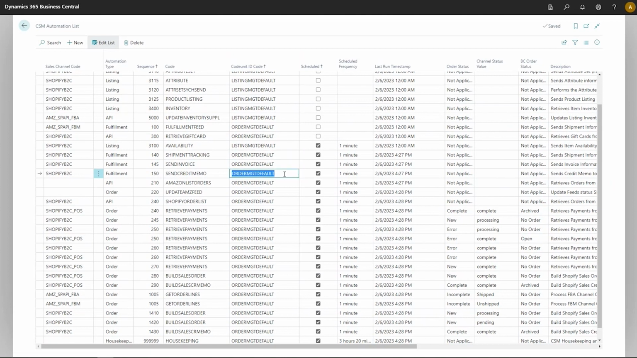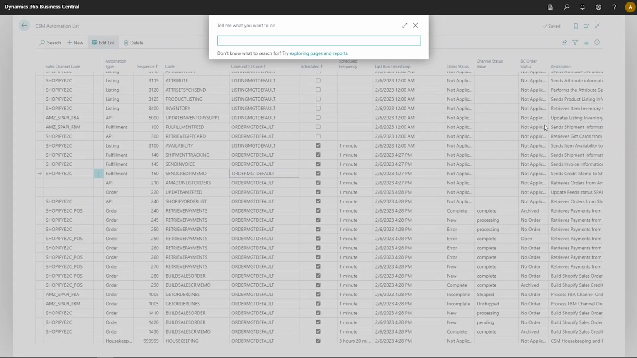To illustrate this, we'll set up a new job queue entry. Before I do that, take note of our order management defaults. You can see these were last run today, February 6th, at 4:27, going into 4:28. Let's now go, and I'm going to search on